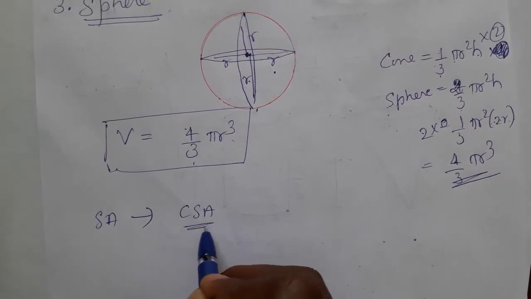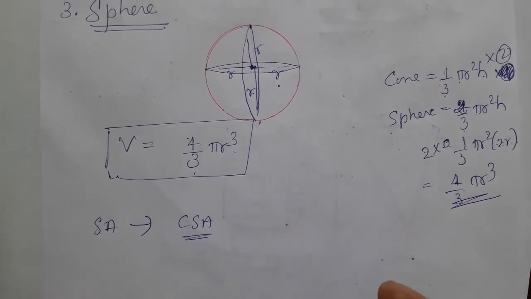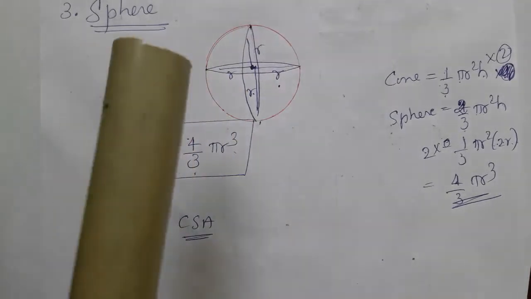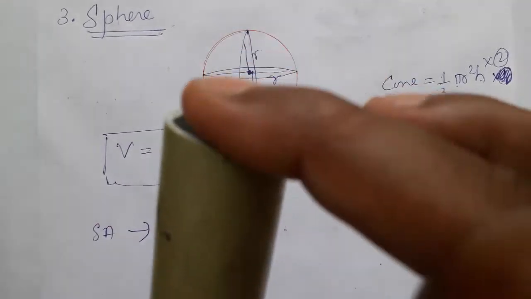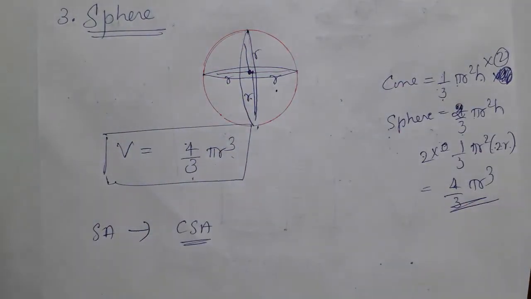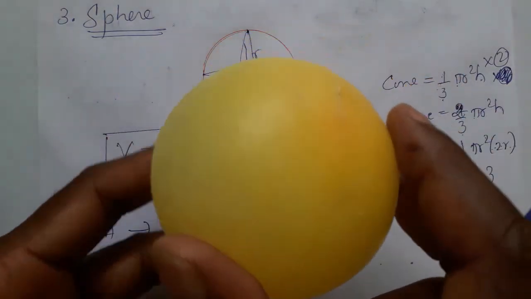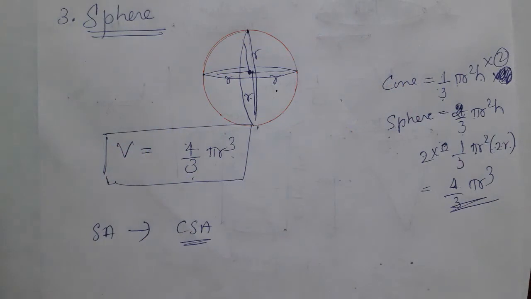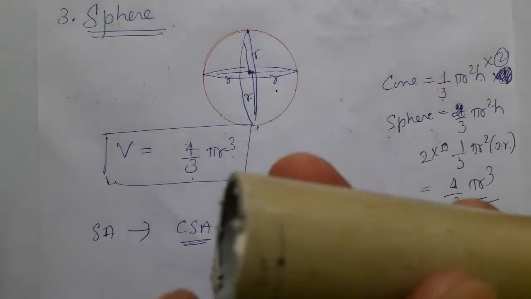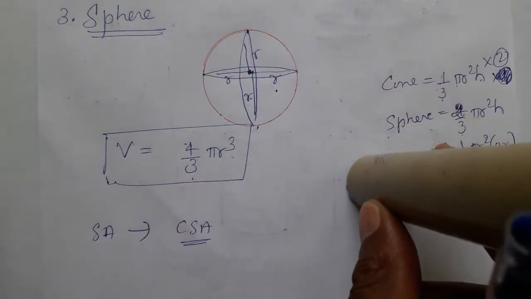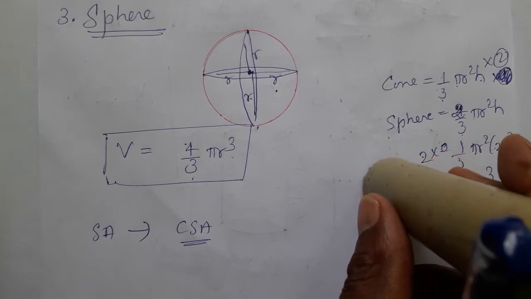Now when we go for the surface area, in a sphere there is only one curved surface area, because there is nothing more. The reason is, in a cylinder we can see this part is the curved surface area, and this is the base area. But in a sphere there is no base. Base means a flat face, and the object stands on the base.